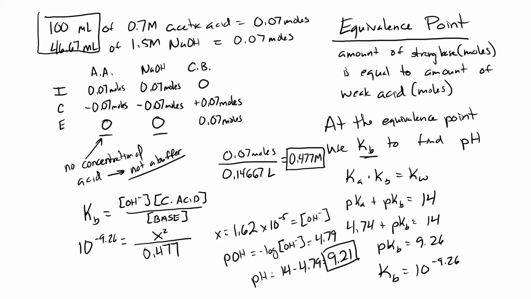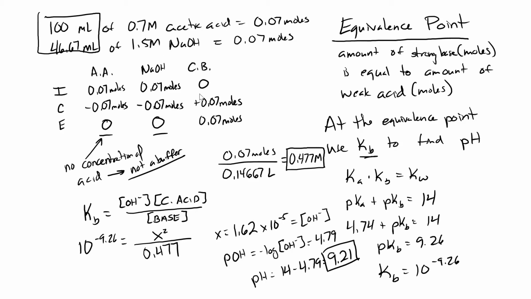Let's go through and walk through the steps one more time. I'm not going to do new numbers or anything, but I want to point out where all these things go. And also, once you feel comfortable with this, where are the steps that you can skip over and just know what you're getting into. All right, so first of all, we have to be at the equivalence point, right? So when the amount of strong base equals the amount of weak acid. So calculate these numbers out. If you see that these two numbers are the same,